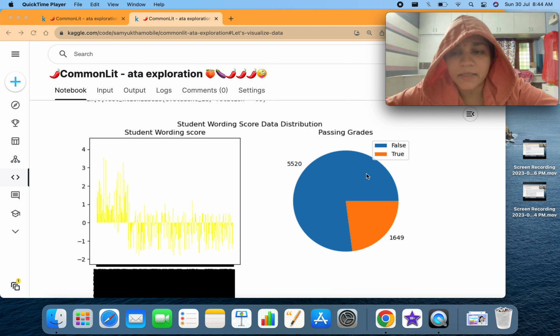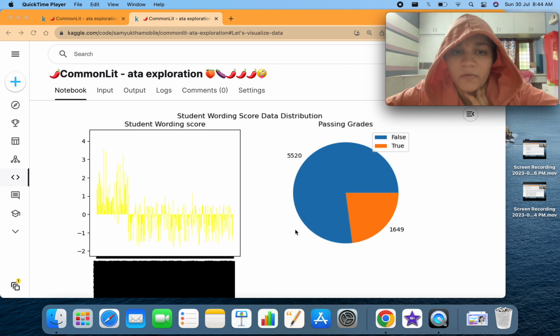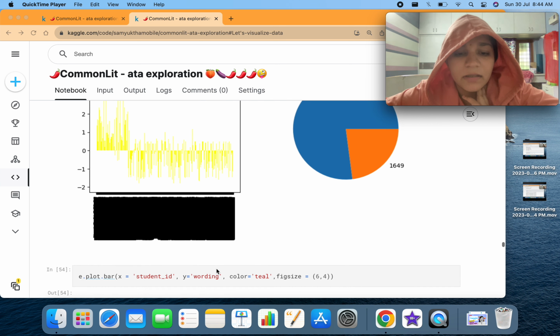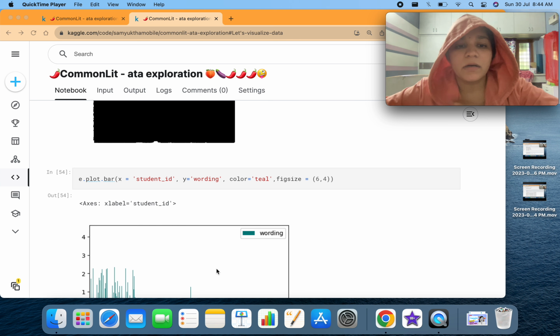In the passing grade I have kept the passing score as 50, so anyone who lies below 50 comes as the false category, and above 50 is the true category. There are approximately 1649 students who have passed the exam. And I'm trying to show you a